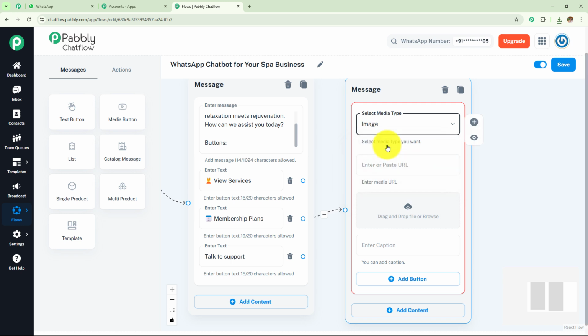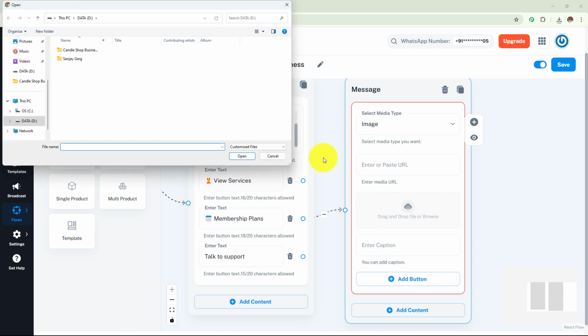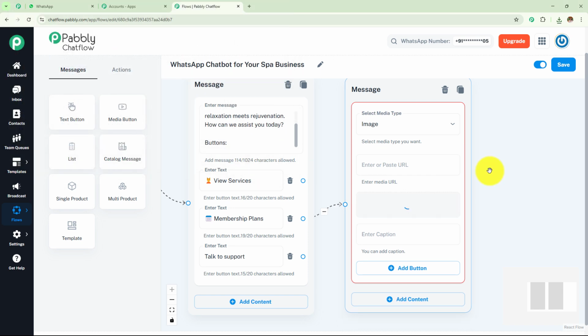I'm going to select this as image and upload the image, so you can understand how we are going to upload this media. If you want to upload a video, audio or document, you can select according to your choice and preference. Just make sure that the video, audio or doc size does not exceed the uploading size over here. So here I'm going to select my media type as image, and I have downloaded an image which I'm going to upload over here.